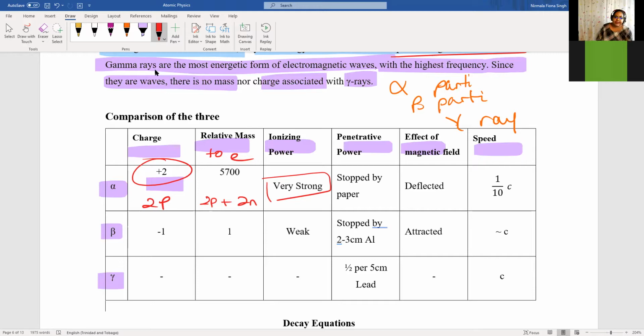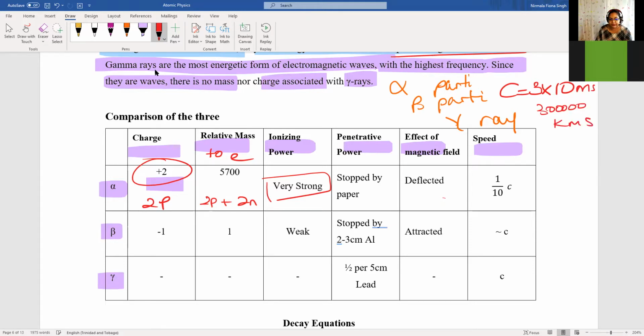Alpha particles are deflected by magnetic fields. Magnetic fields deflect positive charges, and the speed is 1/10 the speed of light. That's still pretty fast, because remember the speed of light? Can anybody recall it? Okay, nobody. Light has a speed of 3 by 10 to the 8 meters per second, or 300,000